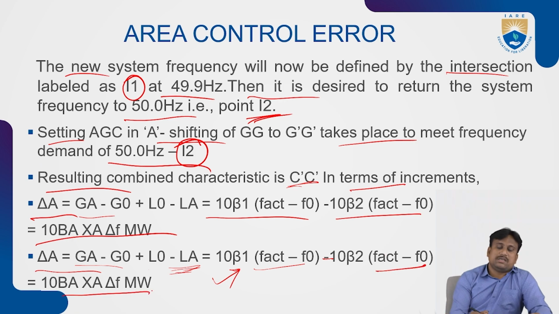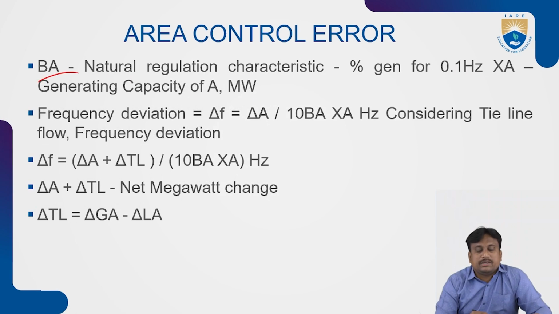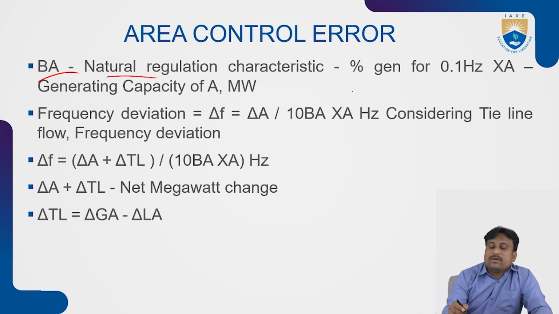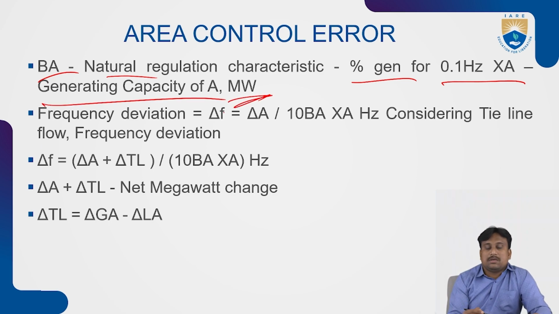The region boundary is considered here as 10 BA into A into delta F, which is treated in megawatts. So here the basic functionality of the BA region should be considered as natural regression characteristic, which will be treated as percentile generation for 0.1 Hz into A, that is called the generating capacity of A in megawatts. So the frequency deviation is considered as delta F, that is delta A by 10 BA into A,